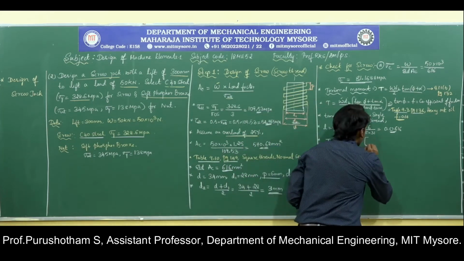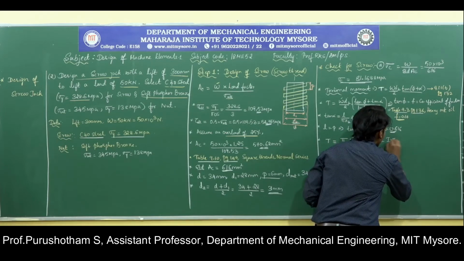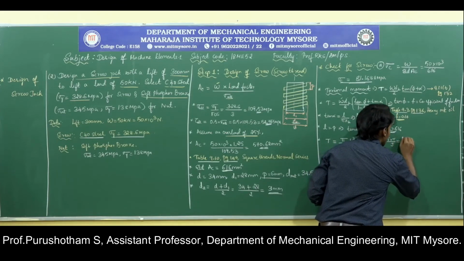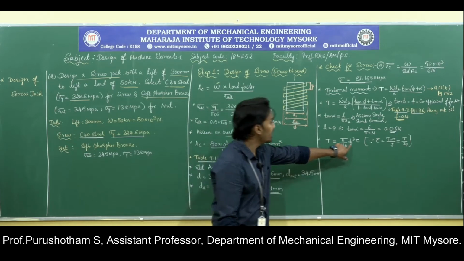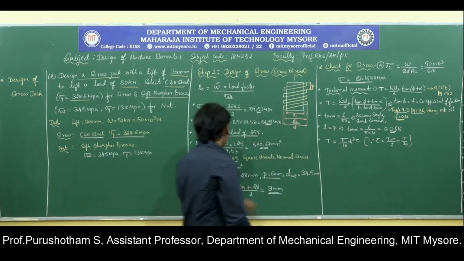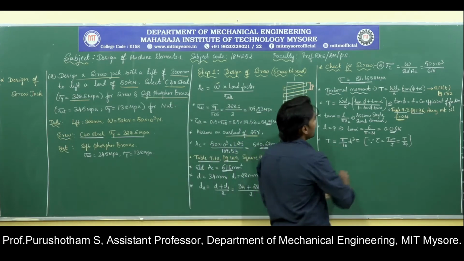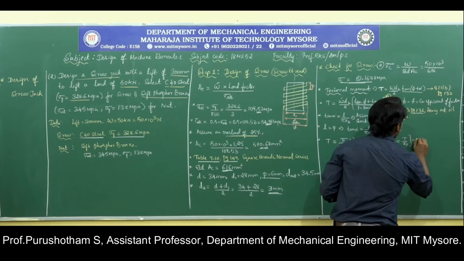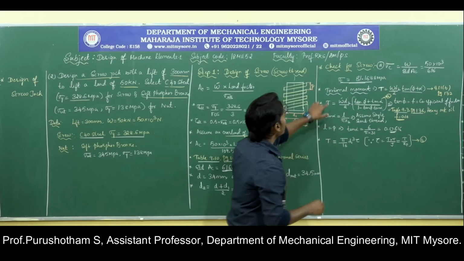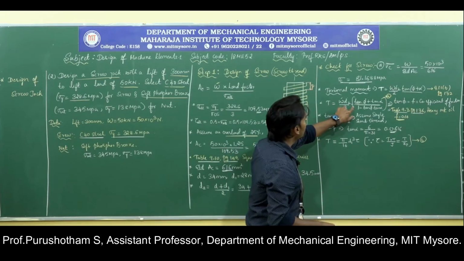So, this came from the shear stress, which is given by T into R by J, that is T by sectional modulus. If you simplify this, then you will get this equation here. The D1, that is the minor diameter of the thread, is considered. Now, I will call this equation A, and this will be equation B. The LHS of both equations are the same. So, now I am going to equate the